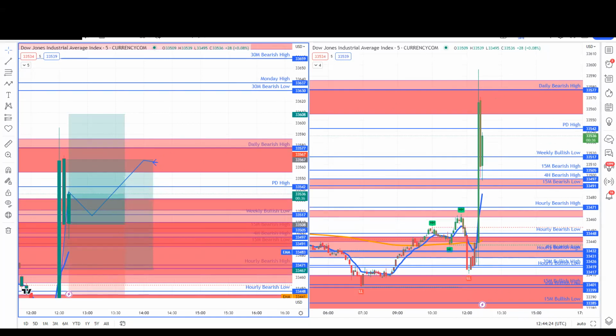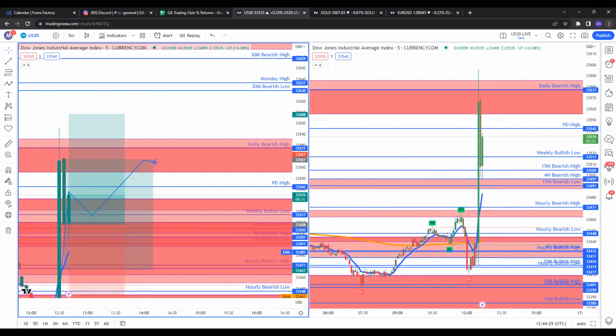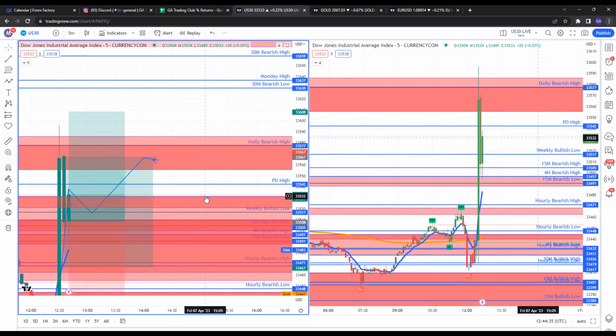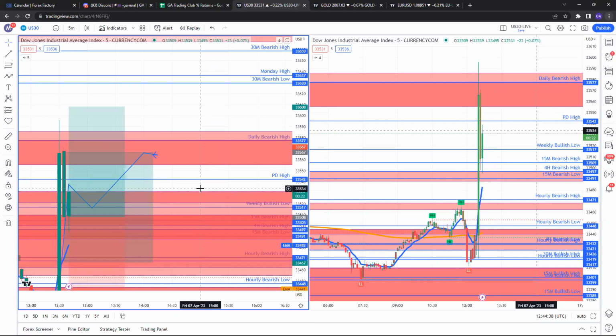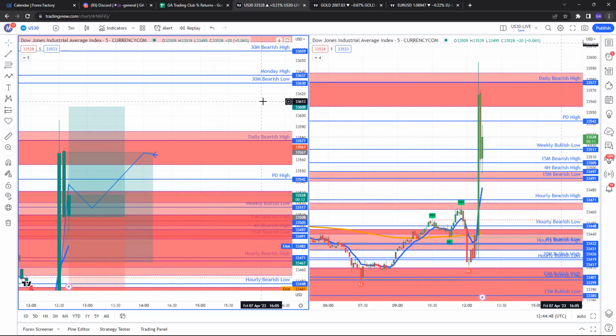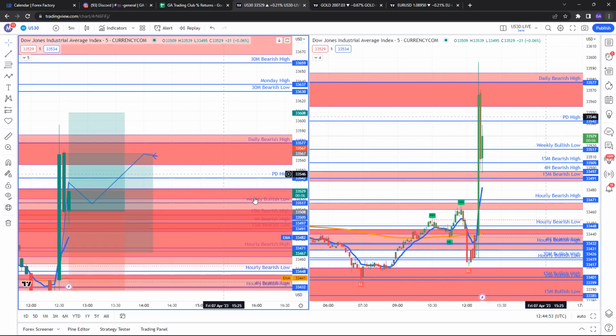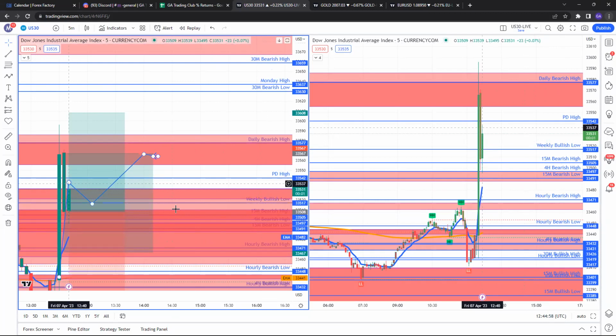Now, would you get in if you got broke even? If I broke even where? Well, I was in the trade and I moved my break even a little bit into profit, and it came back and closed out the buy a little bit. Yeah. So would you get in again or sit it out? Is it too late, you think? All I'll say is use the weekly bullish low to tell you if you're gonna get back in, right? So the weekly bullish low is